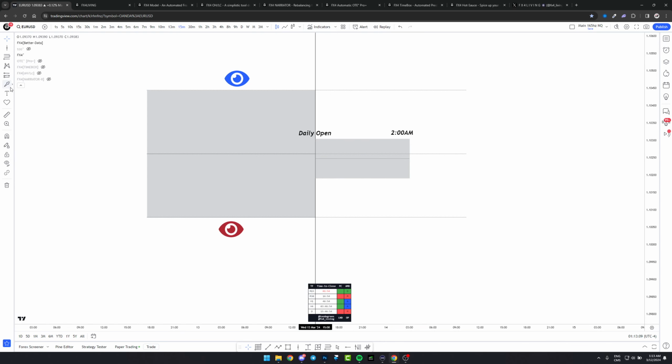What does that mean? That means we have an open right here, okay, and the 2 a.m. close right here, okay. So what does that mean? We have a bullish order flow on this specific range. I'm just gonna use this arrow instead right here. From the open to the close, we have a bearish order flow,